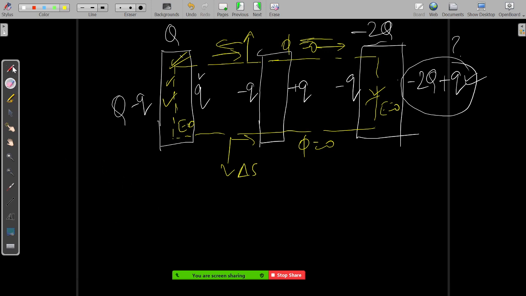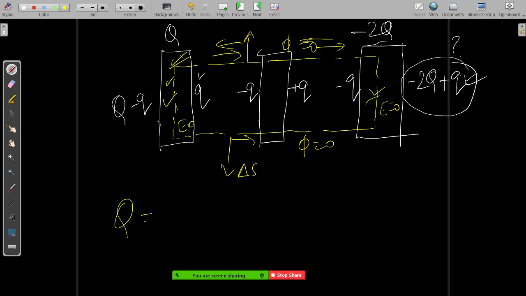In the upper part, what is happening is E ds cos 90, and because of cos 90, it is zero. So total flux itself is always going to come zero in these cases. Now, since the flux equals zero, that means Q internal by epsilon naught equals zero. That means Q internal equals zero.